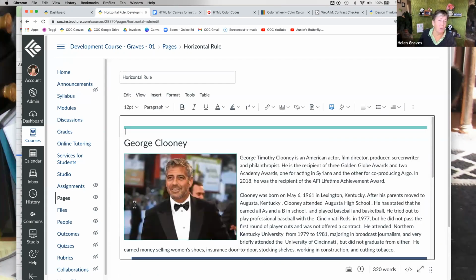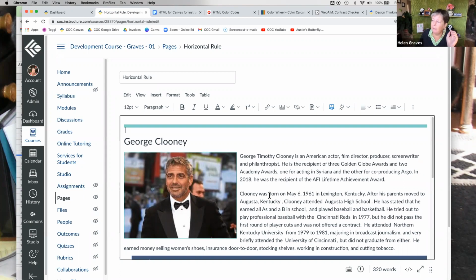Just know that if you're doing a border color and you only have, for example, 1 pixel, it's not going to show very well. So if you want the color to be part of the visual experience, you'll probably need at least 2 pixels for it to really register for somebody visually. I often just have a black border because it looks cleaner against the white background, and so I just leave it at 1 pixel. But if I have a colored border, I might want it a little bigger. Okay, let me show you the heading background and then I'll stop again for questions.